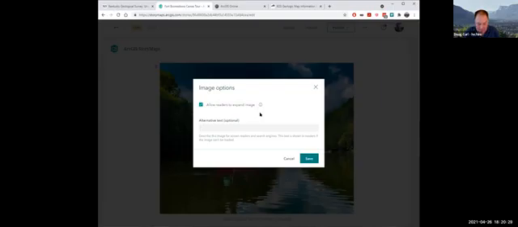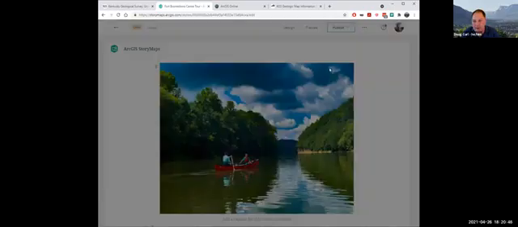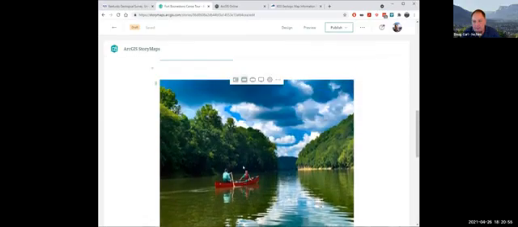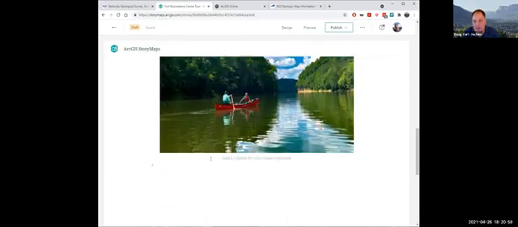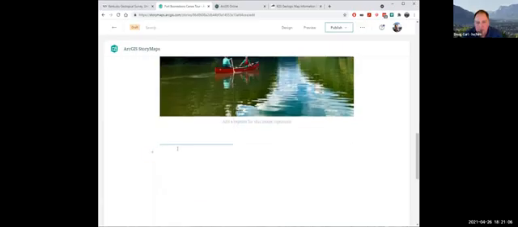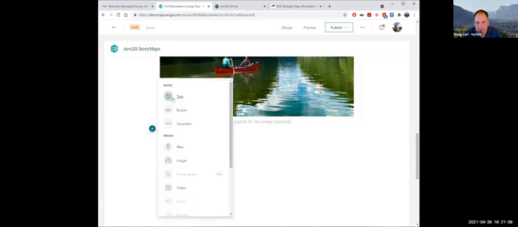This is a photo of the canoe, the Kentucky River. This is for people with screen readers. It also helps with search engines, but it is a good idea to do this. You can also put credits in somewhere. Obviously you want to credit photography, especially if it's not yours, and don't use anything that's not yours without permission. And then, not to belabor this, I can add any more text and that sort of thing.